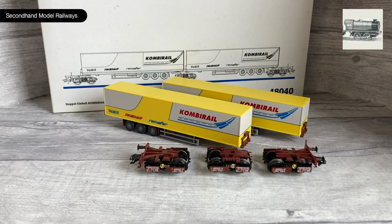So overall, this set from Marklin is a really interesting thing to add to your collection. I think it would look great being pulled behind a locomotive on anybody's layout, and it would be especially appealing if you model modern image intermodal transport. The prototype might not be that common, and it might have been a failed venture, but this model here certainly